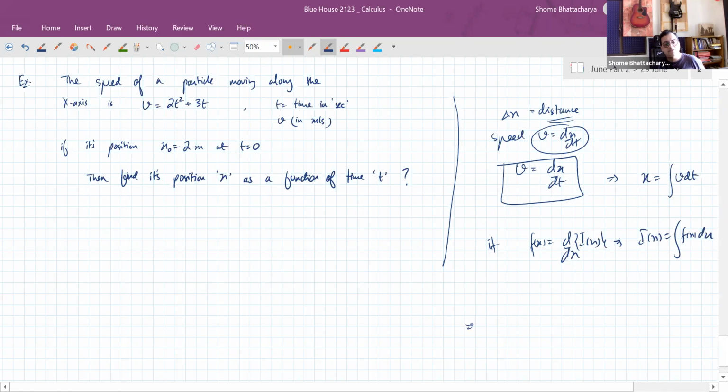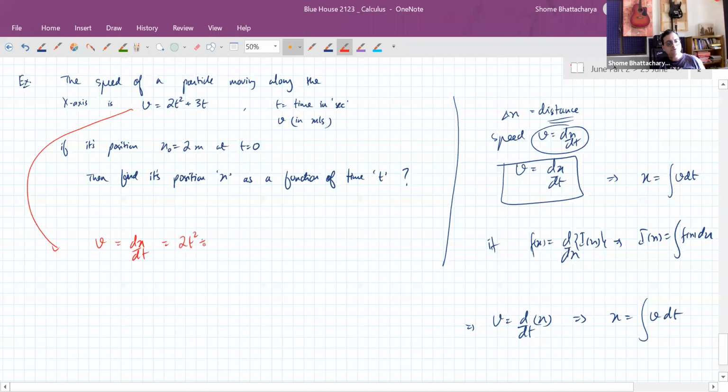Similarly, if v is d by dt of x, then x is the integration of v. Applying that concept here, v, which is dx by dt, is given to us